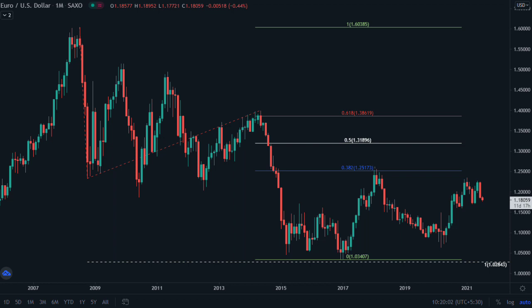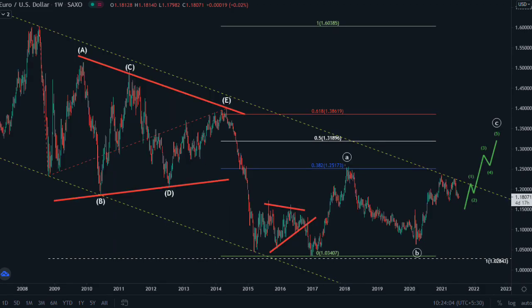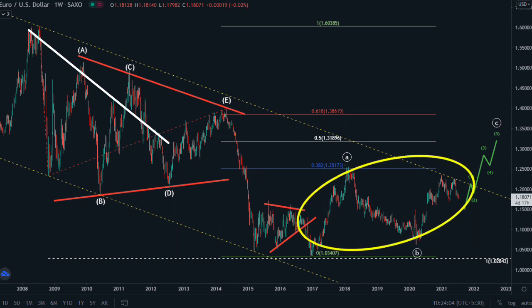Now we will go to the weekly chart. When you draw the entire trend using Elliott wave theory, you get everything: support, resistance, and where we are in the trend. This was the first impulsive wave, then a sideways correction as a chart pattern, then again an impulse. This is the correction to this entire trend.